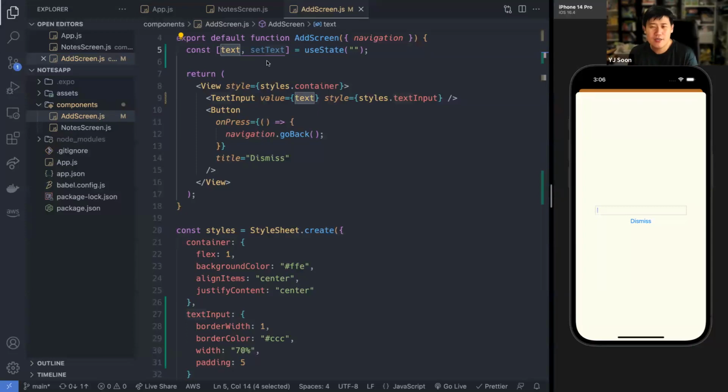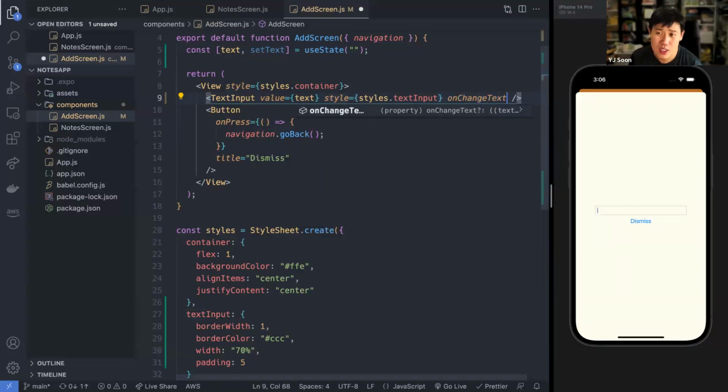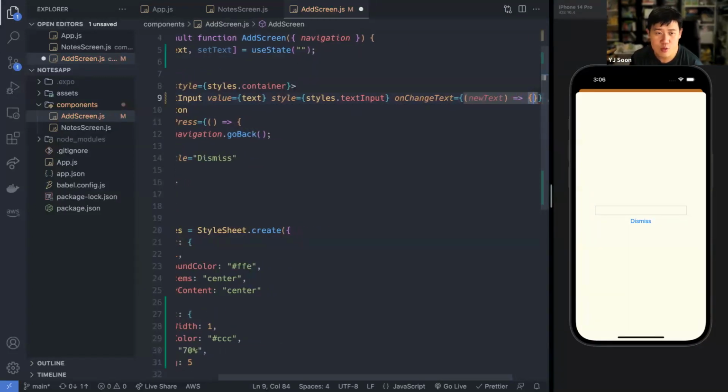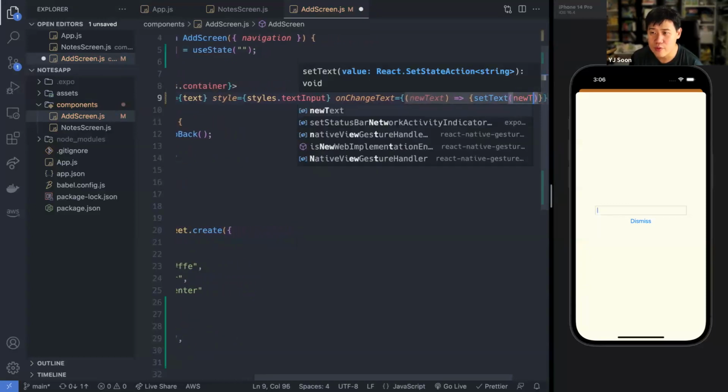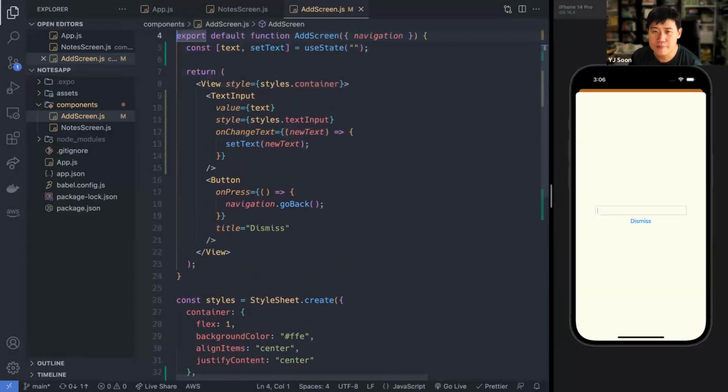It's just like a power struggle between your text input and the text. However, they are interlinked and they should work together. The way they work together is by using this thing called onChangeText. onChangeText is a function that will run based on any change in the text. It receives one argument called newText, and all you do is set text to the new text.